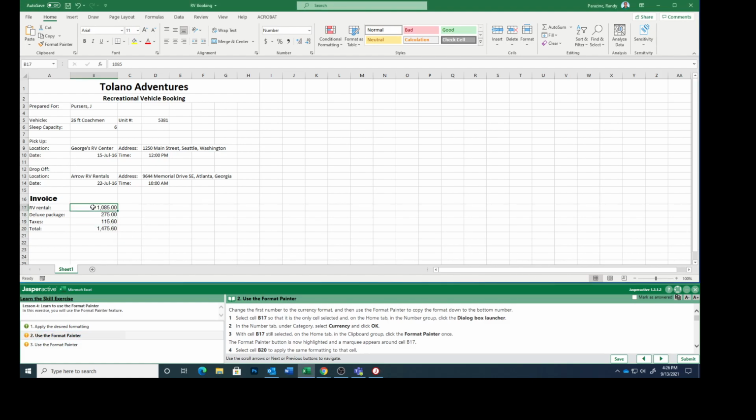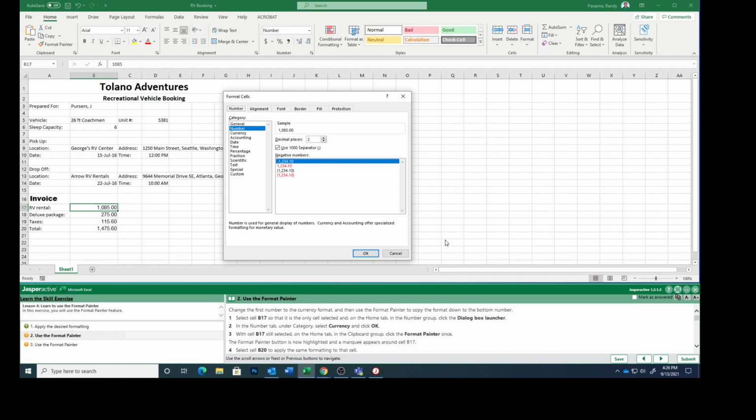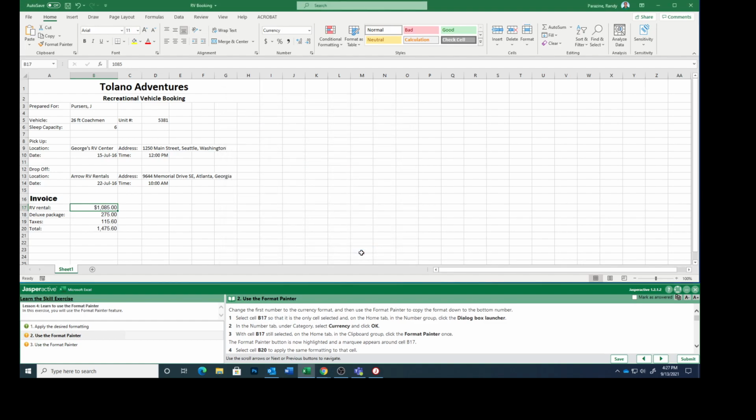so that it is the only cell selected, and on the home tab of the number group, click the dialog box launcher. In the number tab, under category, select currency, and then click OK. With cell B17 still selected, on the home tab in the clipboard group, click the format painter once. So click that once. The format painter button, click that,